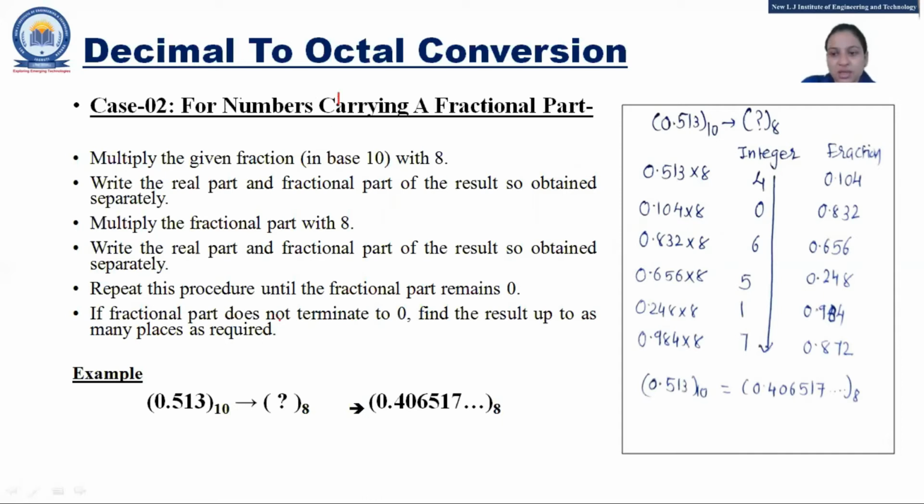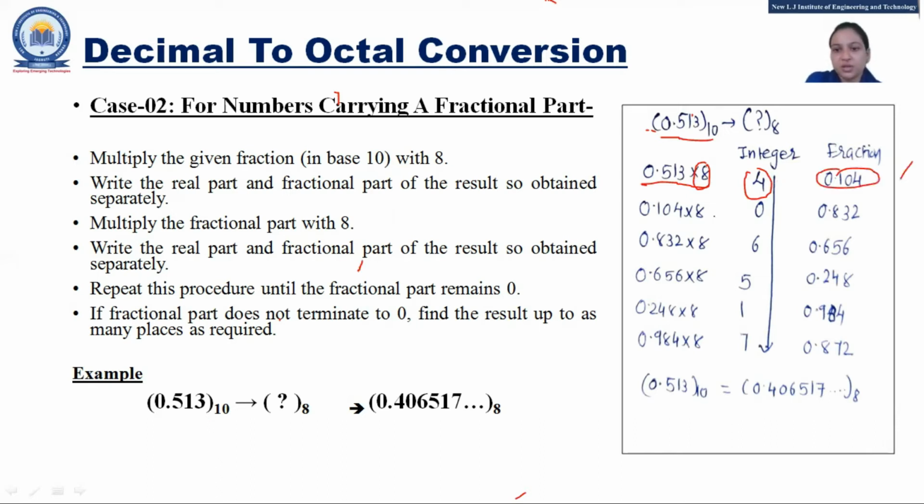So here in this case, we have to multiply. If we want to convert this decimal fraction to the octal fraction, we have to multiply with this 8. Now 0.53 is multiplied with the 8, we get the integer part is 4 and the fraction is this. Now again take the fraction,